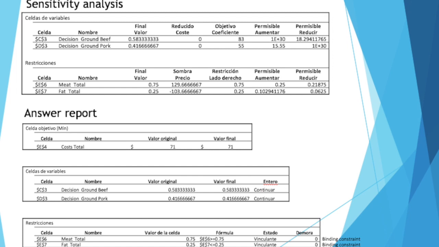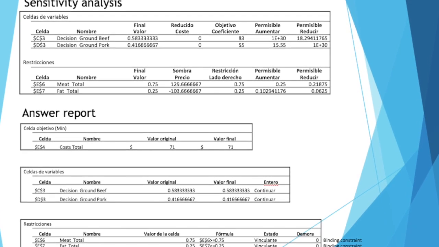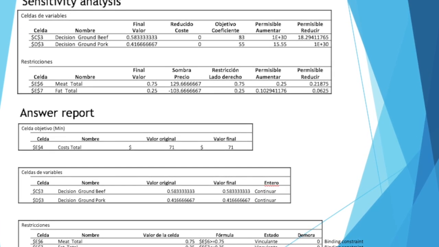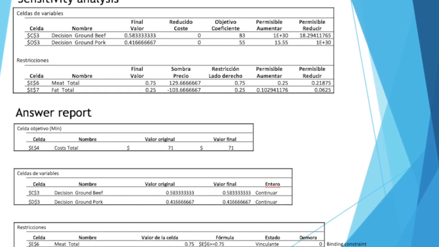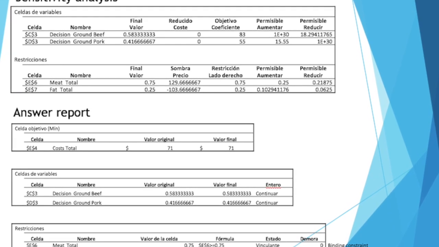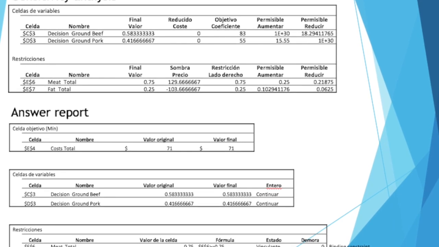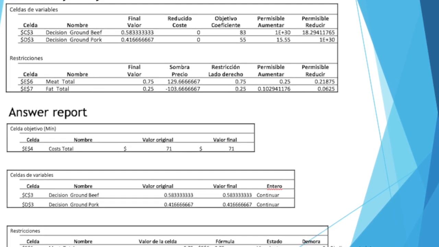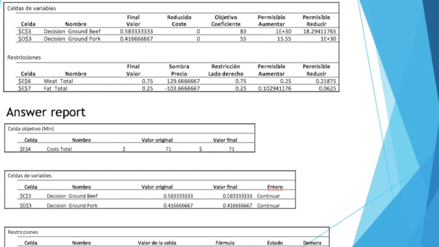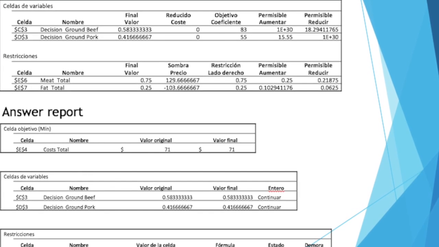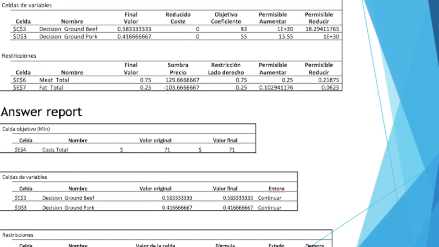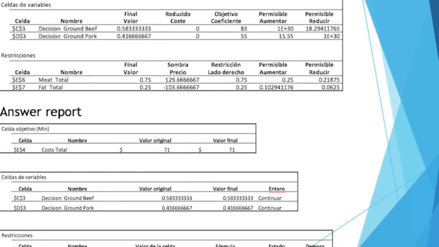The shadow price of meat is 129.6. That means that if they increase it, the cost will also be more expensive and they have to minimize the production, and the shadow price of the fat is negative 103.6, which means that if they increase the fat, the price won't change a lot and the cost won't be